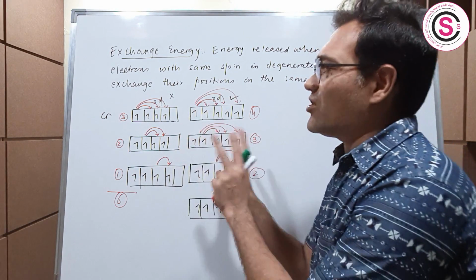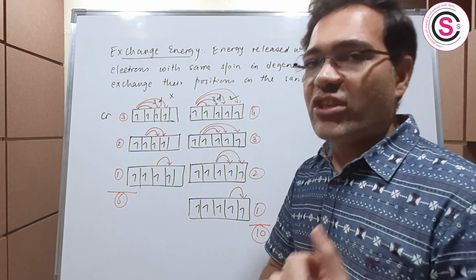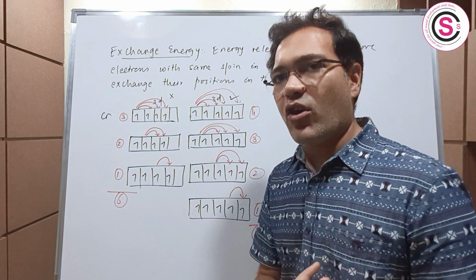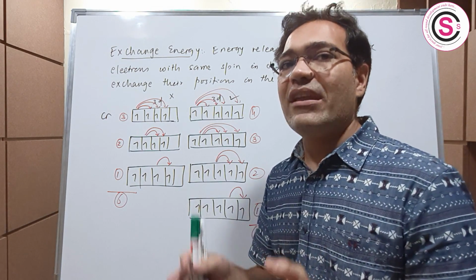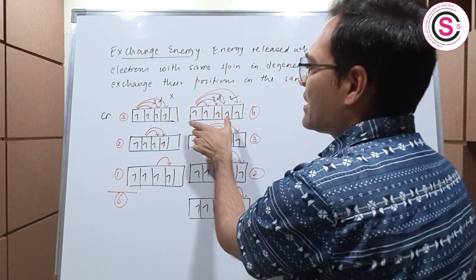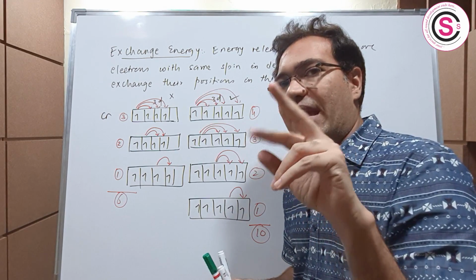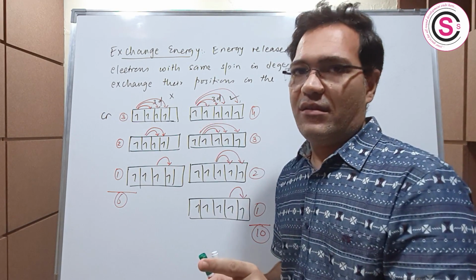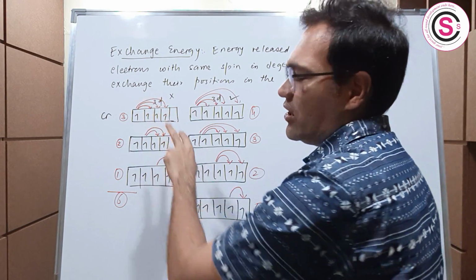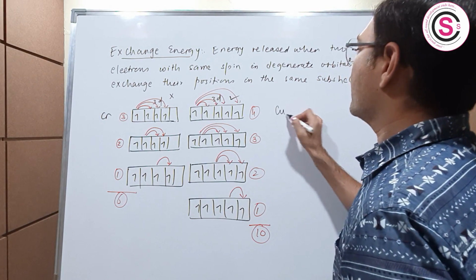You cannot make random exchanges. First, you can make exchanges only in the degenerate orbitals of a subshell. Degenerate orbitals of a subshell means the orbitals having equal energy. So you have to make the exchanges in the degenerate orbitals of the same subshell, and that too, the two electrons between which you are making an exchange should have the same spin, right? So all these electrons have the same spin, so we can make an exchange. Okay, now let us consider the example of copper, right?